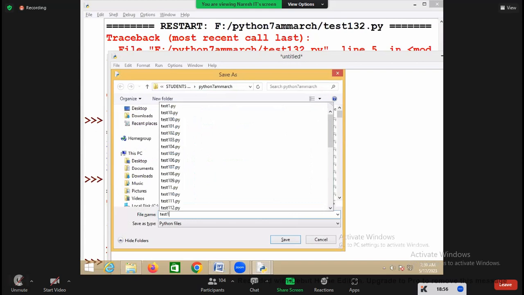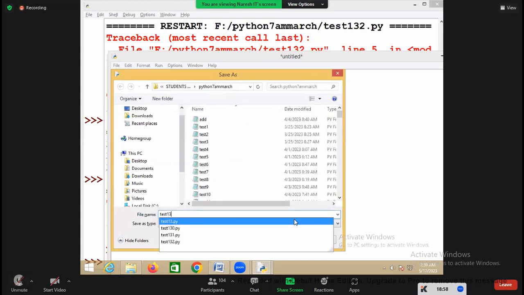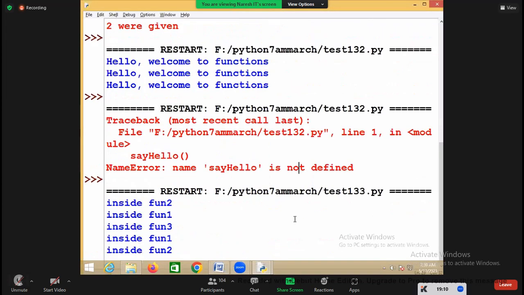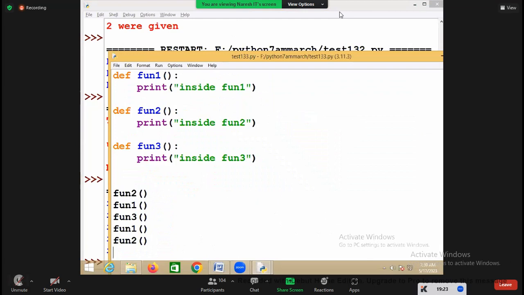Yes, but to call the function, what do you need to know? Whether the function is with arguments or without arguments. If you don't know whether the function is with arguments or without, you cannot call it. So the function header should be known, right? Inside function 2, inside function 1, inside function 3, inside function 1, and inside function 2. So whenever you call the function,